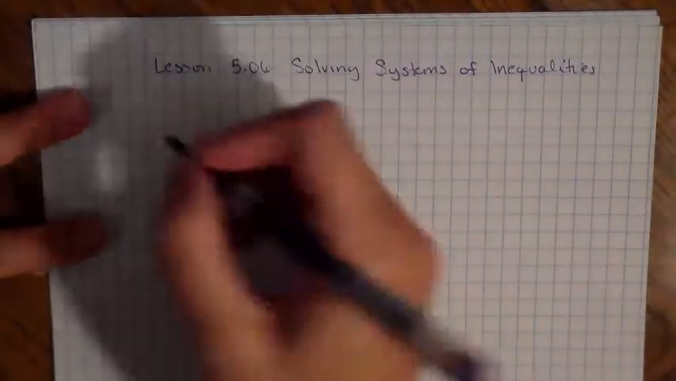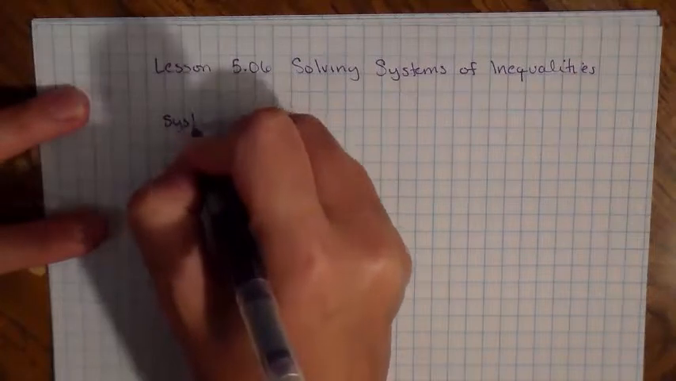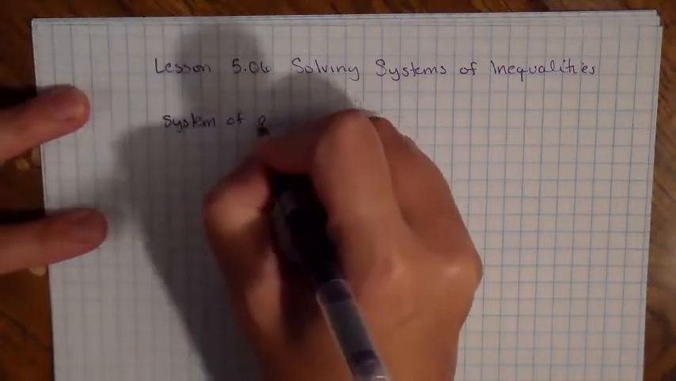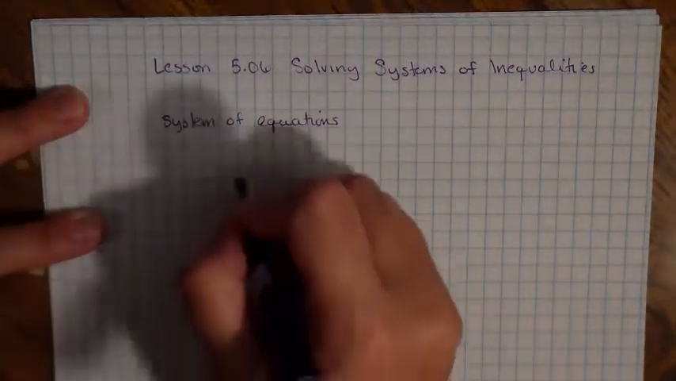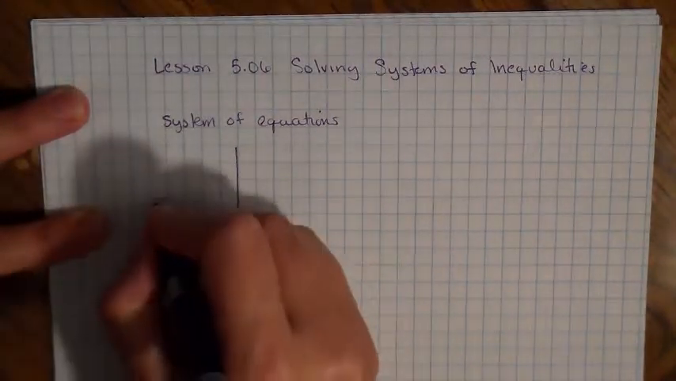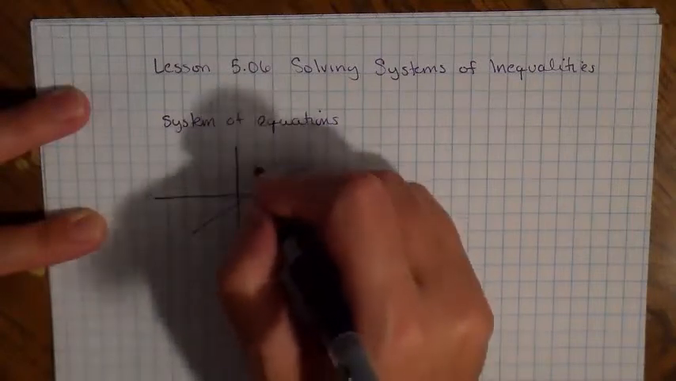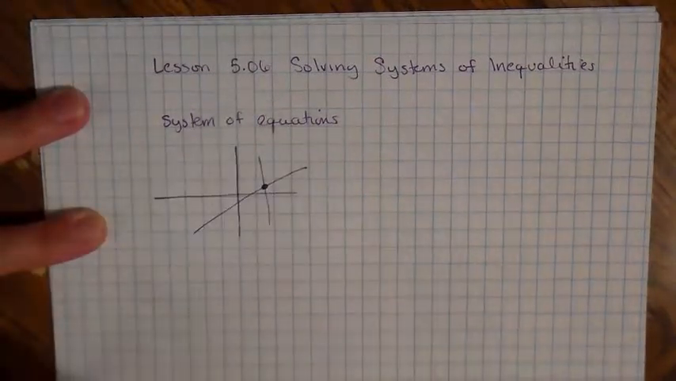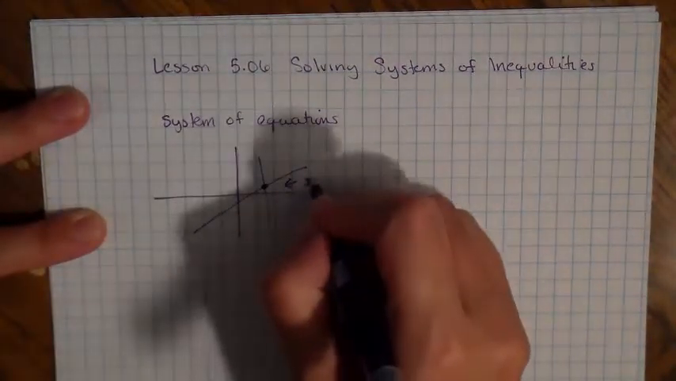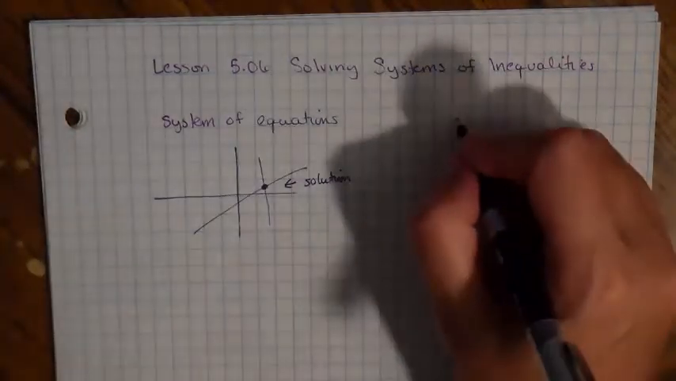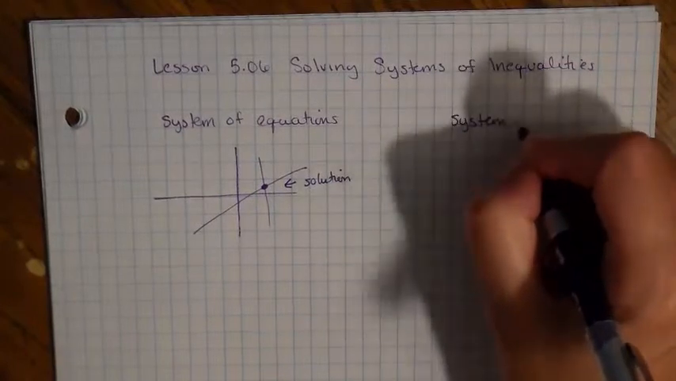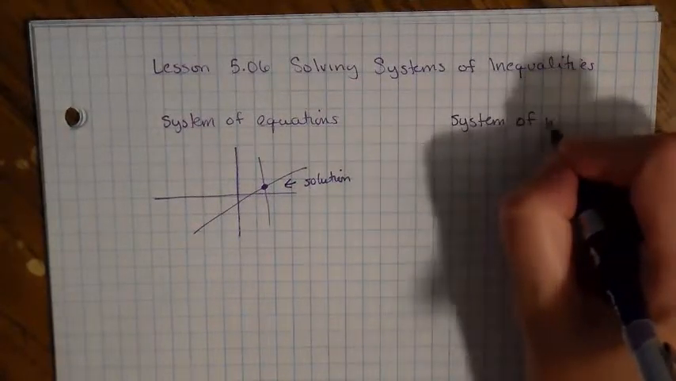So when we had a system of equations, our solution was the point where two lines intersected right here. As you know, when we have a system of inequalities, a system made of inequalities,